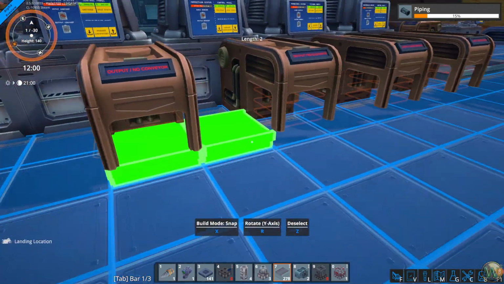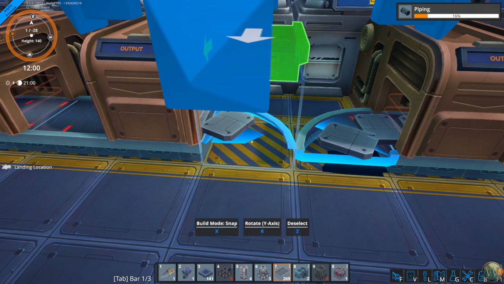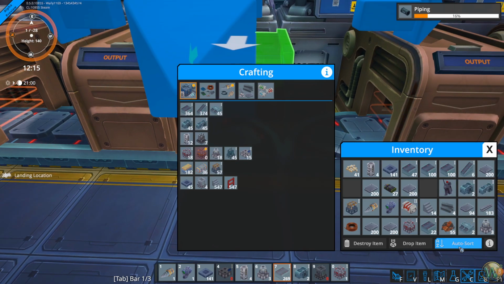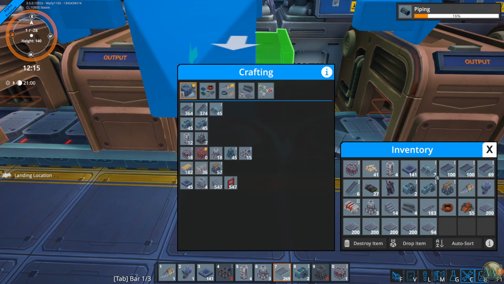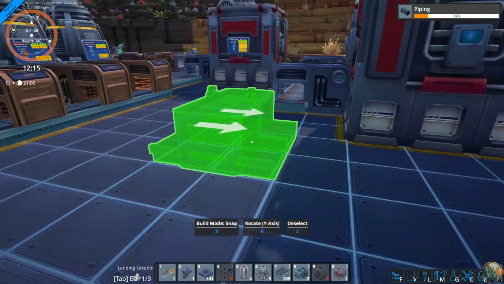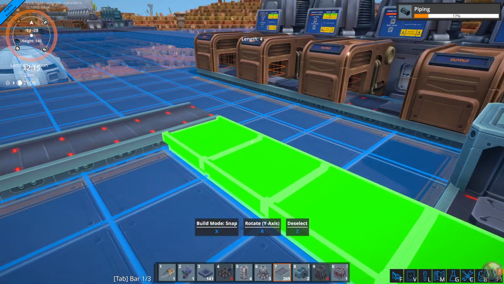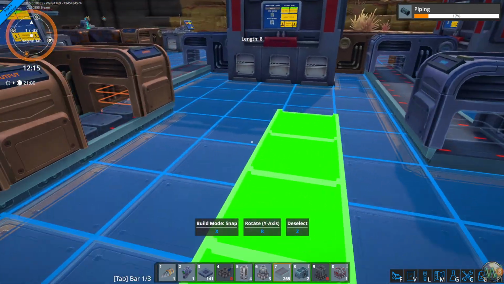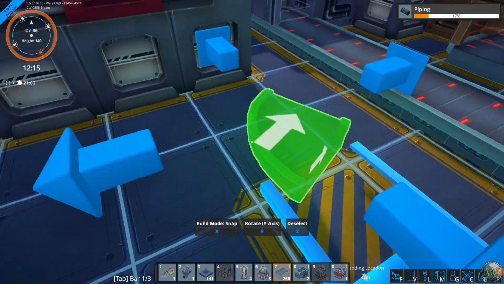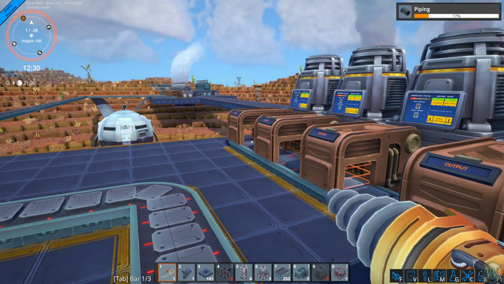Here, please, and then here, please. And I want to do output, output. Where's that? There it is. Here. And then I want to do one belt that goes this way, and another belt that goes this way. Makes a turn maybe right here, goes into that one. And remember, this is